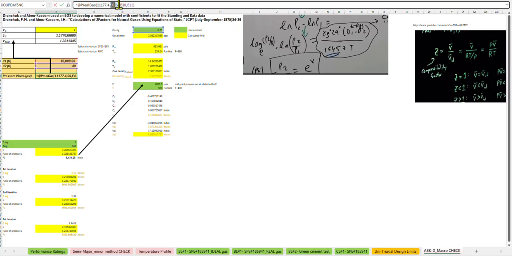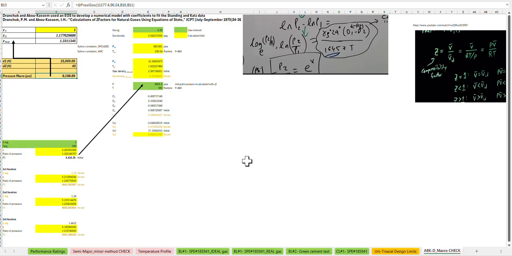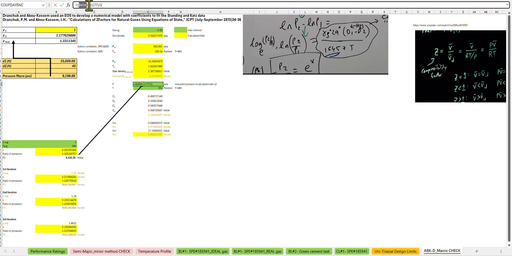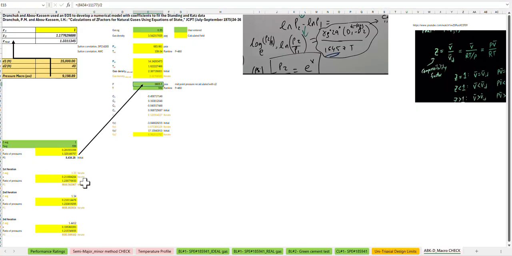And then we have the temperature, we have the specific gravity, we have the depth 1 and depth 2. So basically what I have done over here is I cross-check the macro, and then here I'm simply using the same methodology. So I calculate ideal gas, the second pressure, I put it here as the midpoint. As you can see, the initial gas pressure plus the source pressure divided by 2, and then I continue